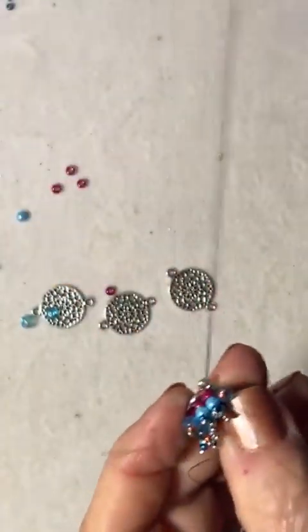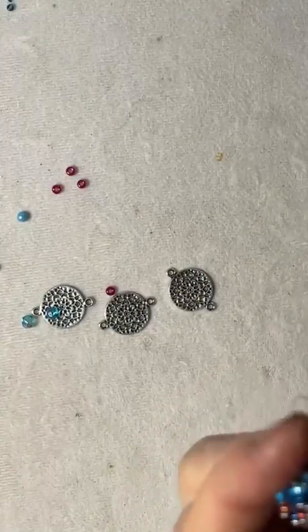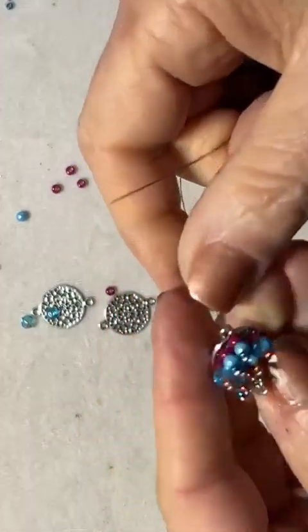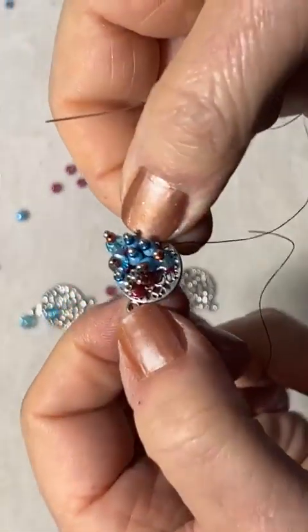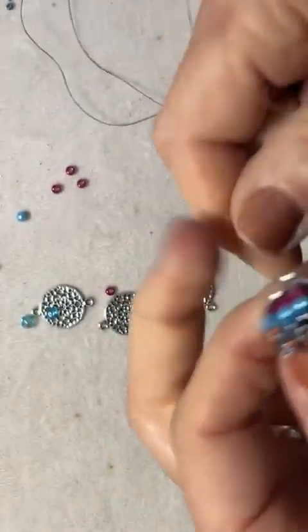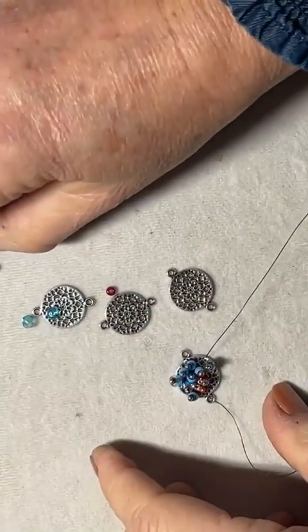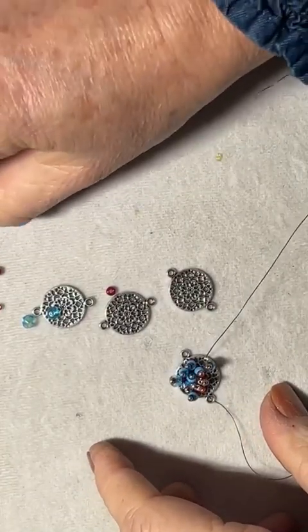Repeat that all the way through. Okay, so my little piece is getting nice and full with fringe there. A couple more bits in there, I think. So the pink, blue,